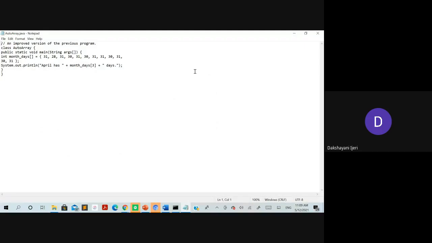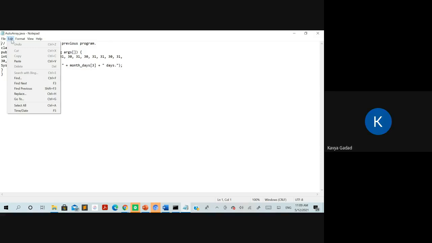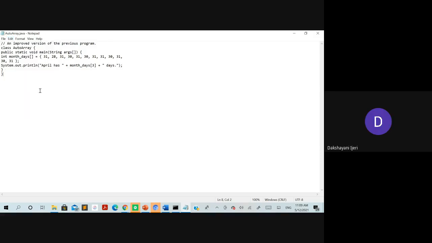Okay, so this is one more example. I hope all the text is clear to you over here. Yes, ma'am. Okay, so it is one more example just to show you another way to store the values without using a separate index value each time. For this you can see here how it has been done.